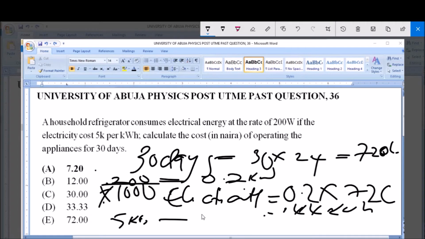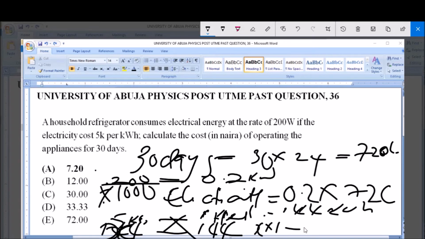Now according to our question, it says 5 kobo for 1 kilowatt hour. If 1 kilowatt hour costs 5 kobo, 144 kilowatt hour will cost x kobo. Once you cross multiply, you have that x times 1 equals 5 multiplied by 144. Now when you do so, you get 720